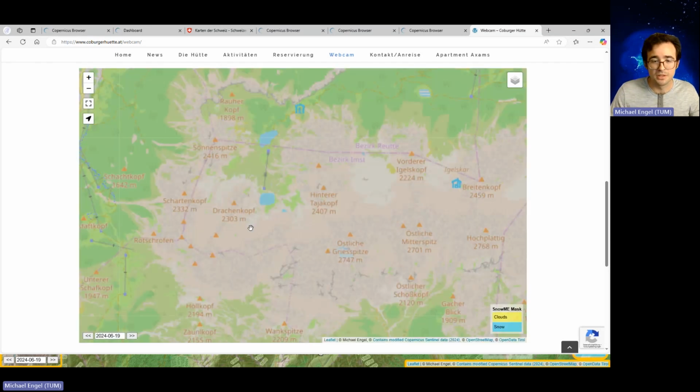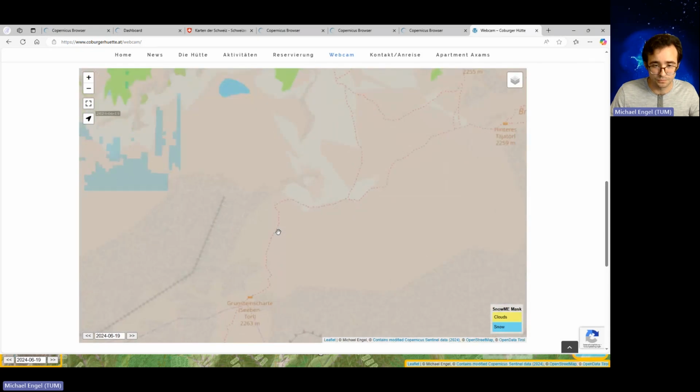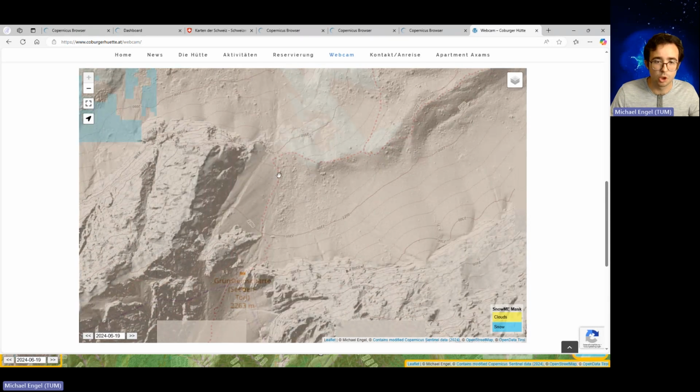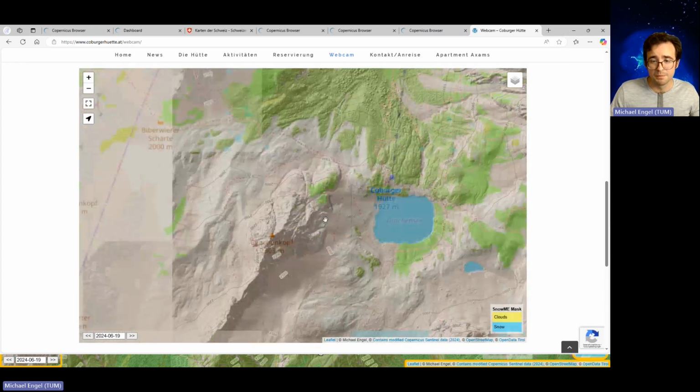And if you want to have it in a higher resolution of a map, you can even see, okay, here is a path you have to put a mark for, but you will see shortly. And then it's loading the snow mask from the satellite imagery, and you can see, okay, that passage is still covered by snow. It's not worth going there and trying to put some marks. And that's basically